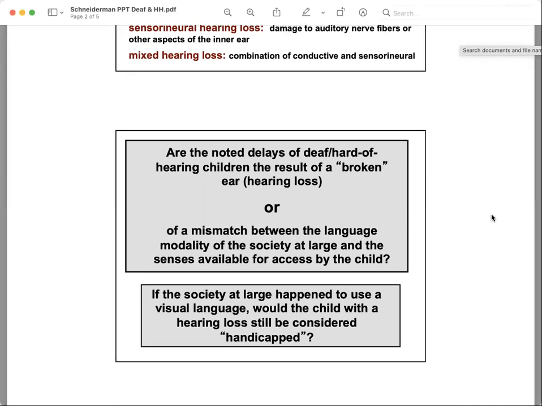And that's exactly where the child's lack of access lies. But if it were flipped and it were visual, the child would fit in just fine and wouldn't have any resulting issues or delays that a child who is deaf seems to have in our part of our education system. It would be a better fit.